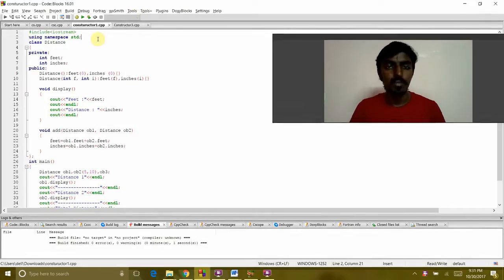In the first program, I'm going to get the distance, that is the feet and inches of two different things, add them up, and display the output of the added distance in the third one. So let's see it. I have declared the feet and inches to be the private data of the distance class,